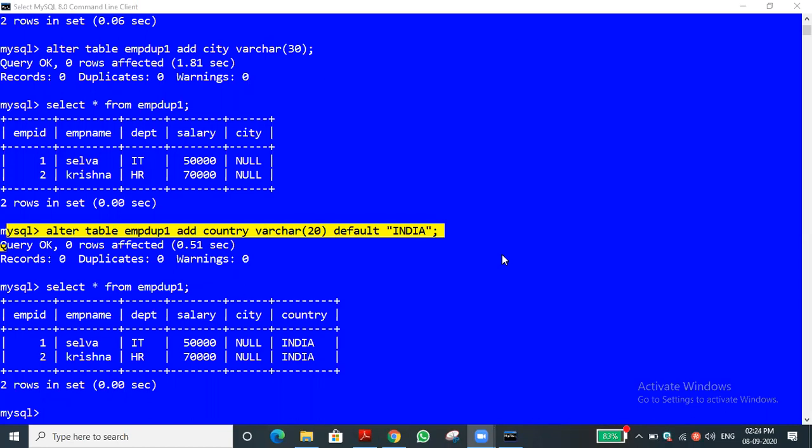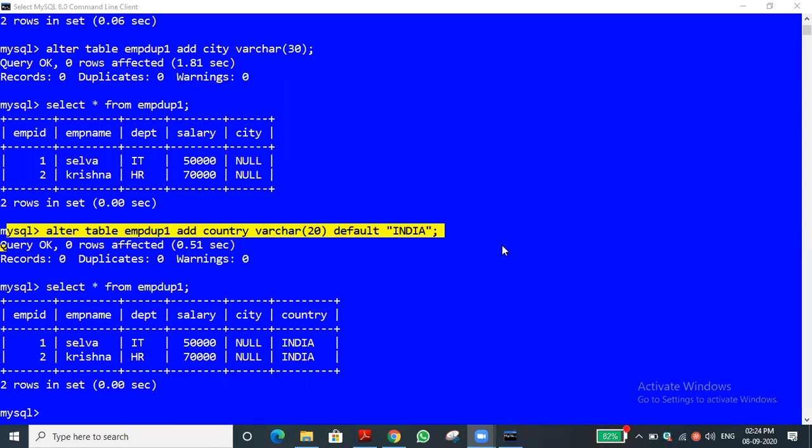You learned how to add a new column, and how to set the default constraint. That is the second concept. How to set the default constraint value to a specific column. Suppose at the time of table creation itself, we can give it also. That is another case. For example, how to create the table: create table name, and the fields we are giving, field name, space, data type of the field, then we give the word default and the default value for the column. Have you understood this one?